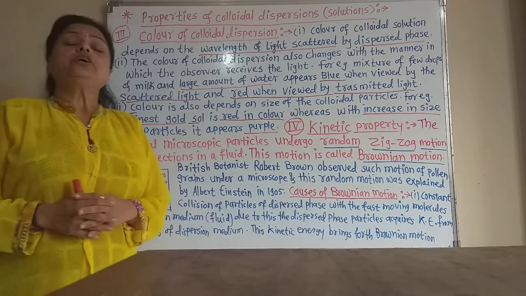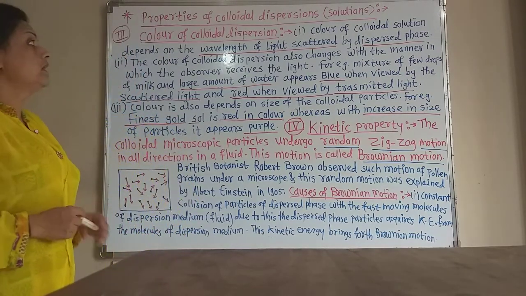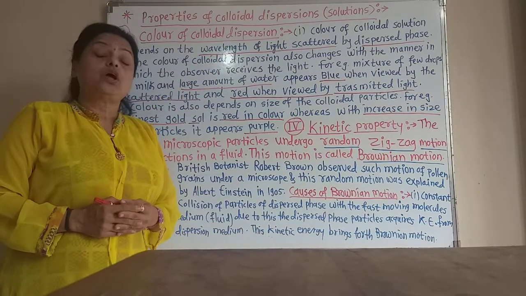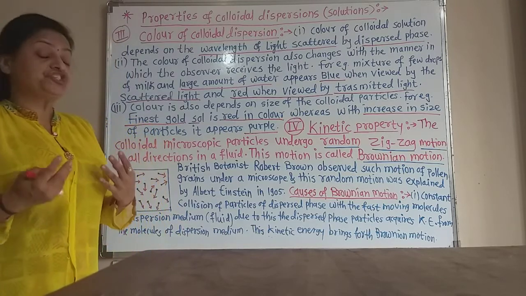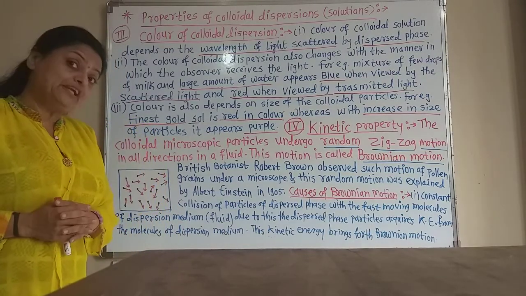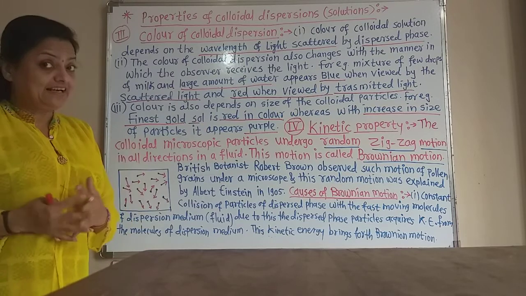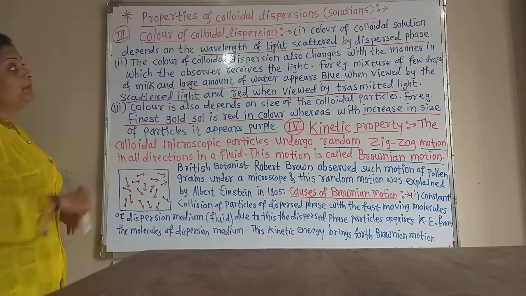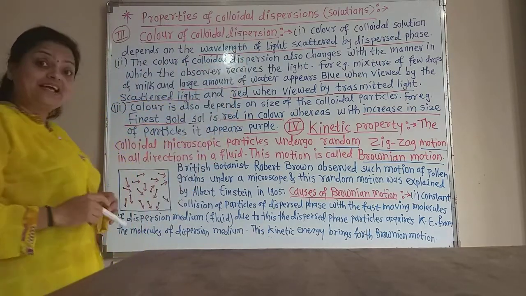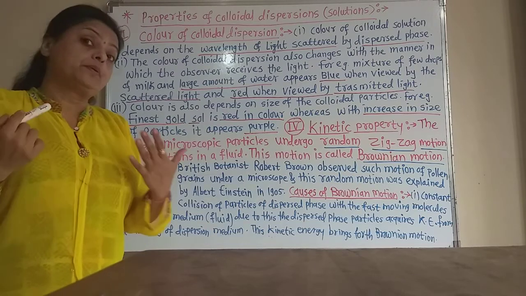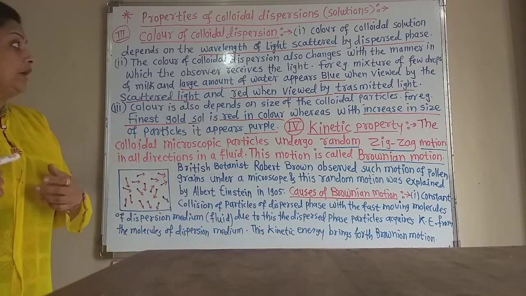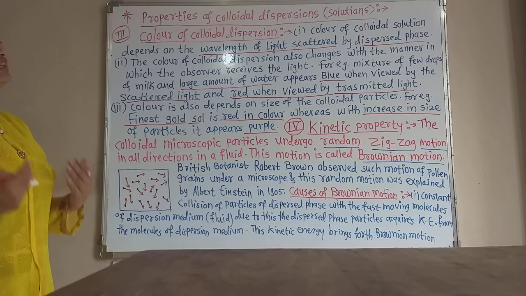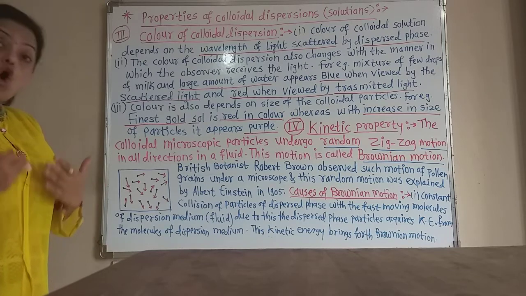Now, the next property of the colloidal solution is the color of the colloidal dispersion. Now, this is also a very important property. How the color of the colloidal dispersion changes and how it depends on the wavelength of the scattered light or transmitted light. The color of the colloidal solution depends on the wavelength of the light scattered by the dispersed phase particles. Now, the color of the colloidal dispersion also changes with the manner in which the observer